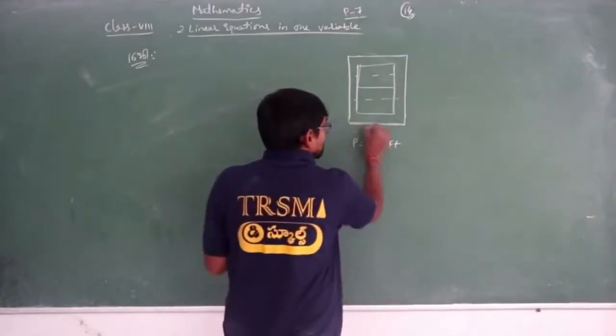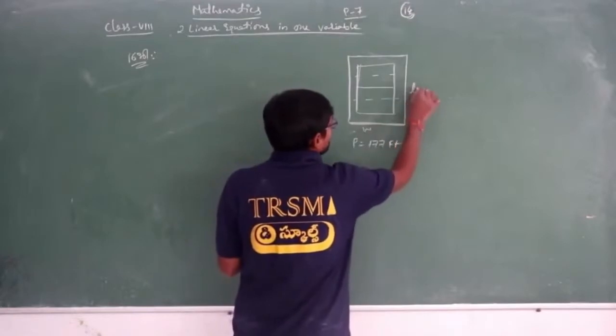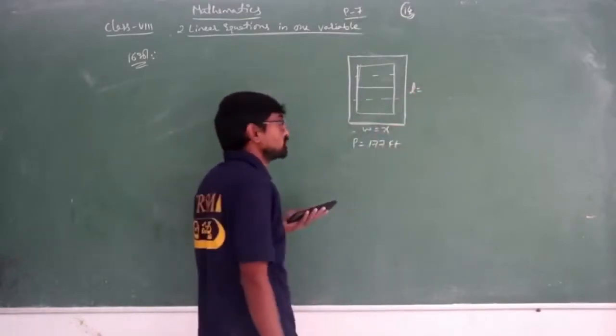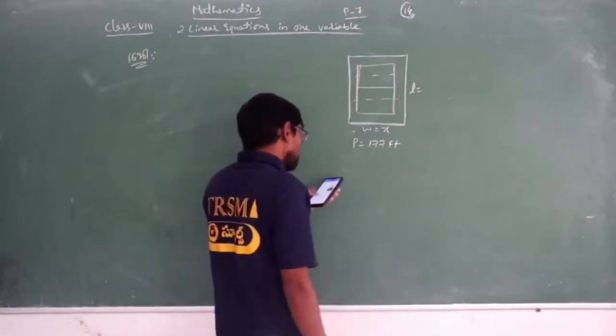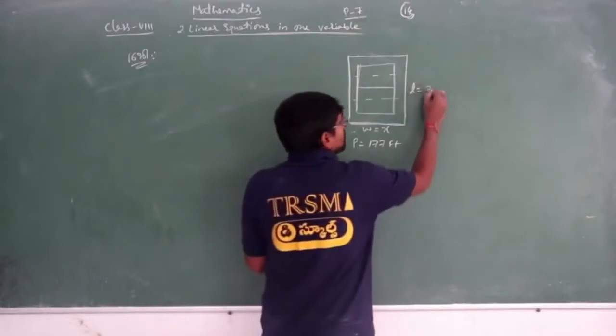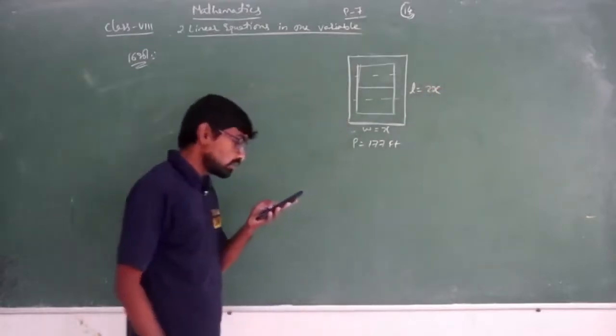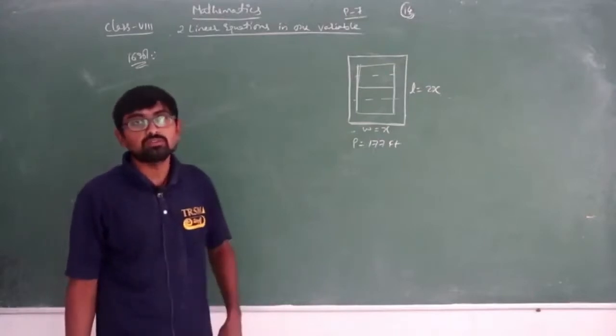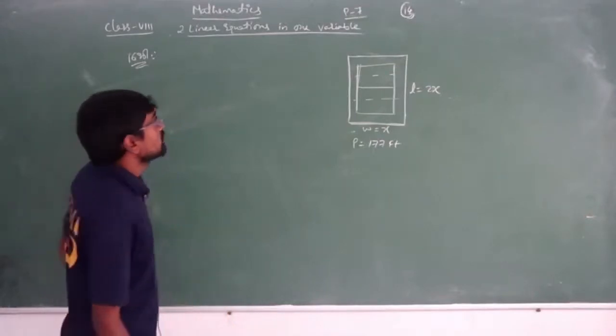And what he gave, length is twice the width. That is, this is the width and this is the length. So width is x we are representing. We don't know the exact value of width, so I am taking x. Then what is the length? Twice the width. It means double the width. So that is 2x, isn't it? 2x. The length is twice the width. What are the dimensions of the volleyball court? We need to find the length and the width.